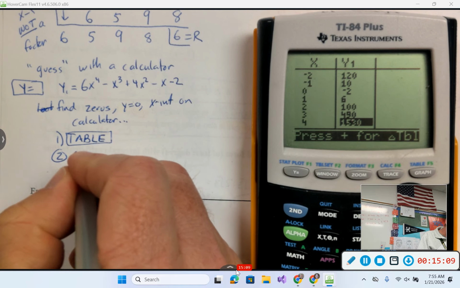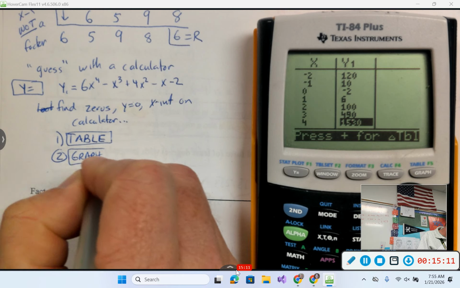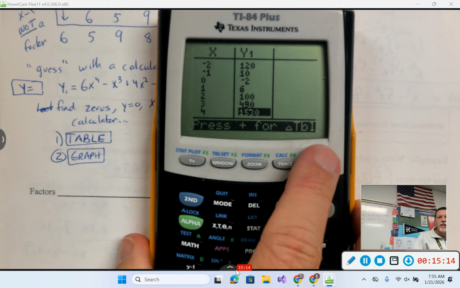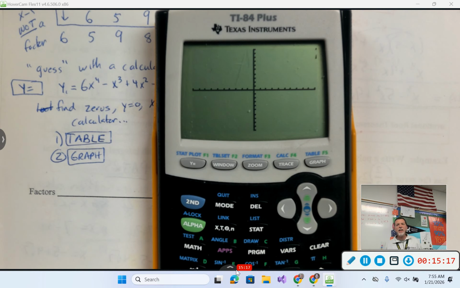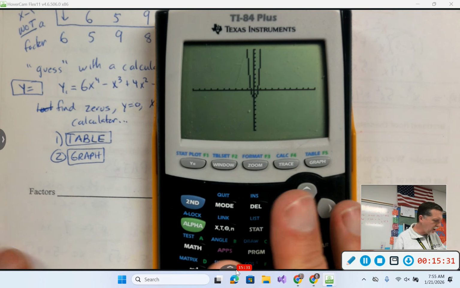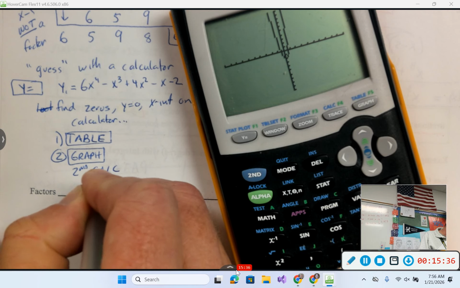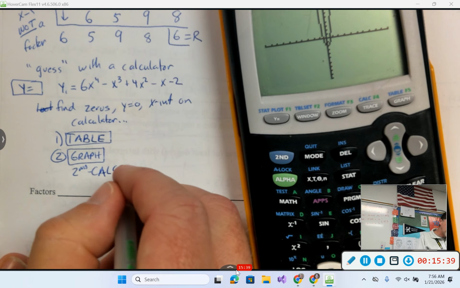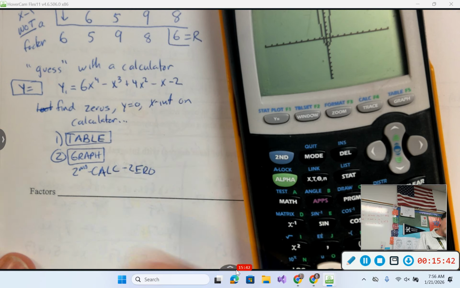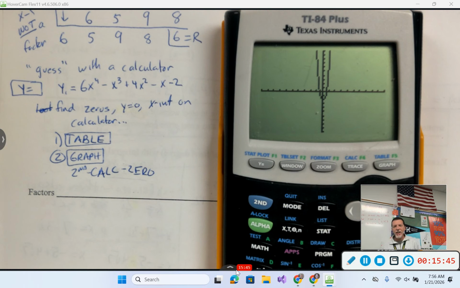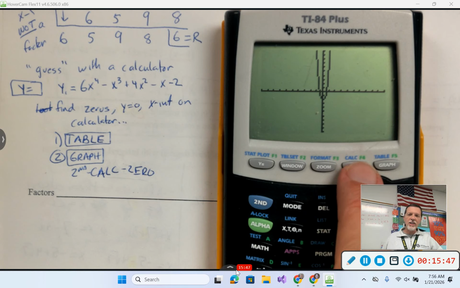So let's go to graph. And graph is nice because you can see the zeros. How many zeros do I have? 2. I can zoom in if I want, so I don't have to. To find the zeros, this is super important. You'll use this in pre-cal. You'll use this in calculus a lot. Your calculator can find zeros. So second calc,